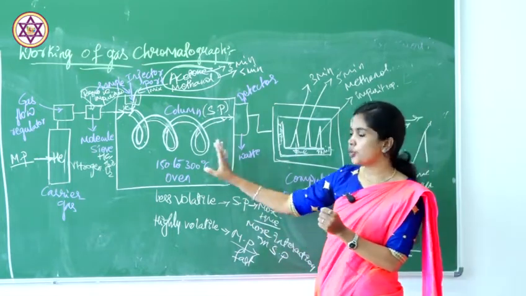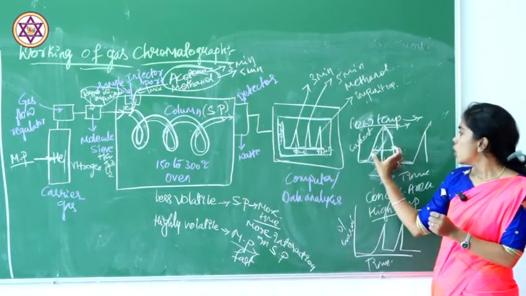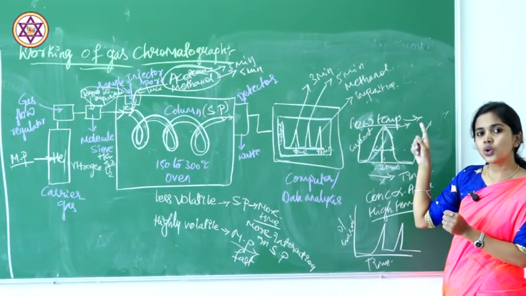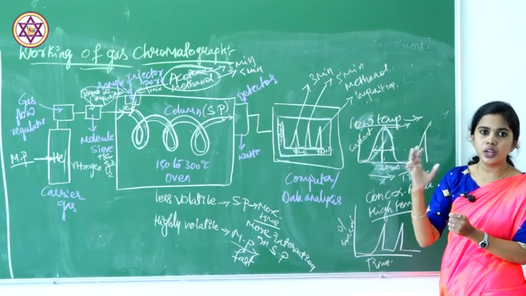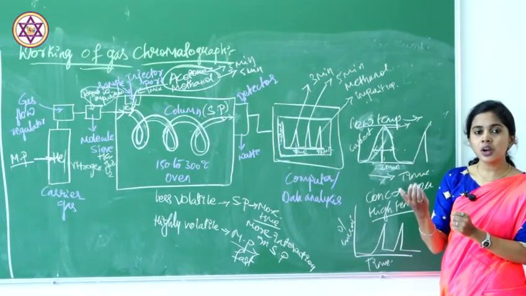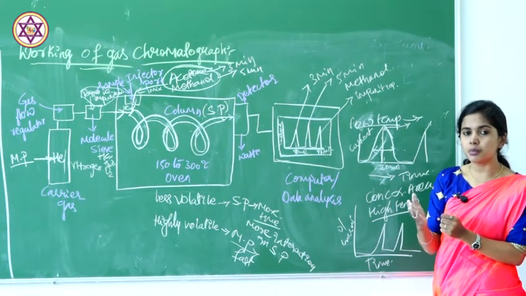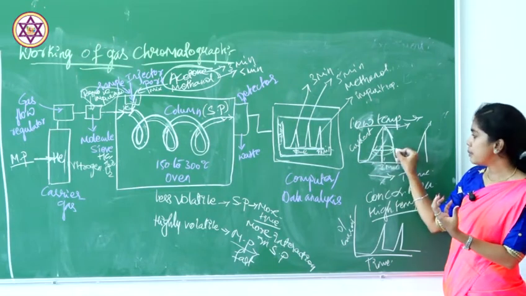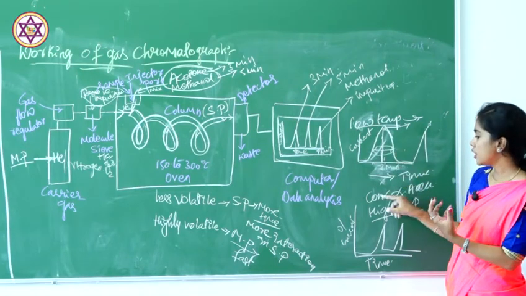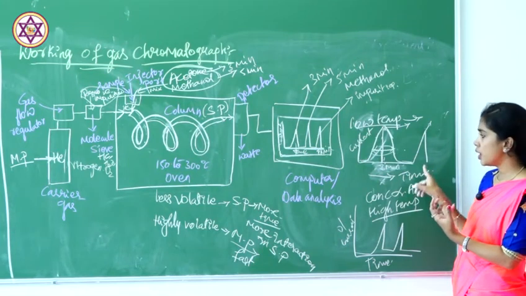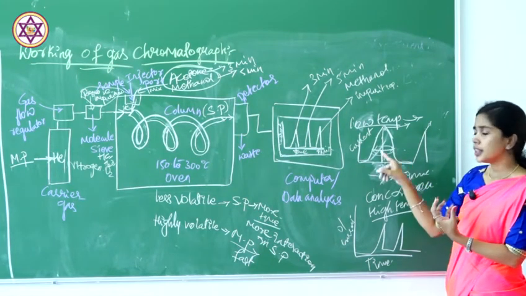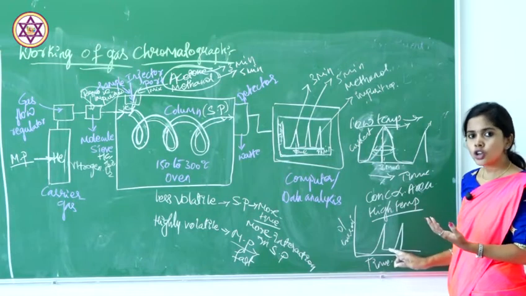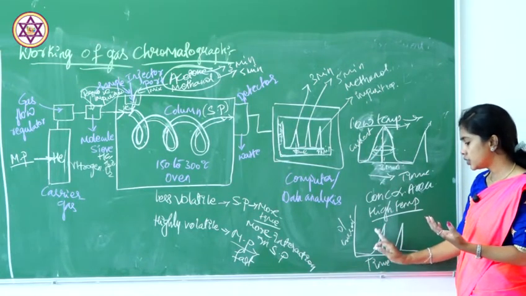Like that here also, if the temperature is lower, it is going to take a larger time. But we come to know at what point it vaporizes, that is at 100 degrees only. A compound at 100 degrees we consider to be water, vaporizing only at that particular temperature. Depending on how long it takes and the quantity, we find the bandwidth, which gives the concentration. Concentration is directly proportional to the area of the bandwidth. If the temperature is higher, you get sharp peaks and a shorter time.